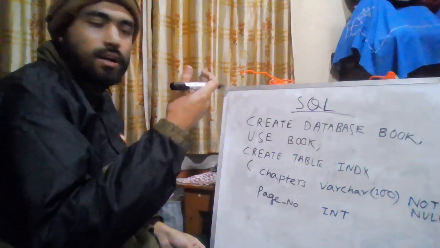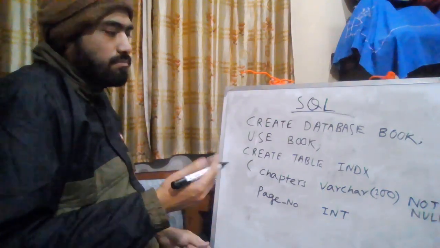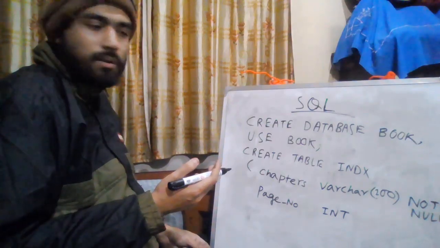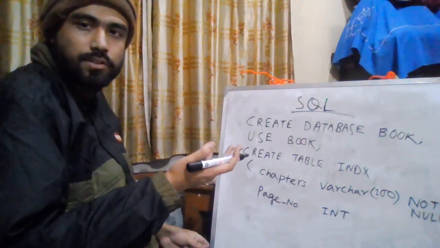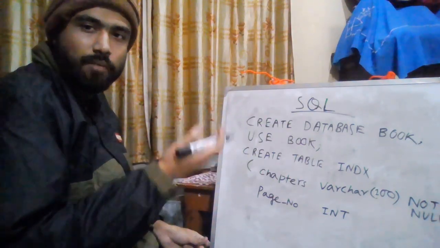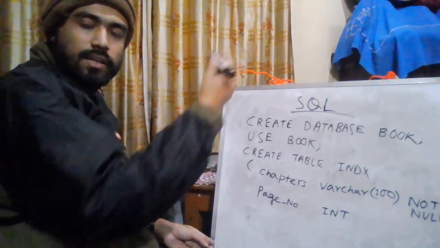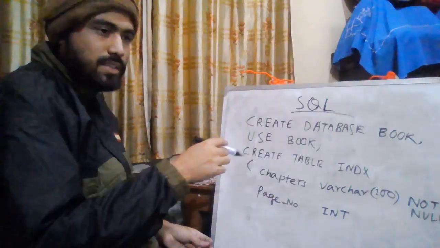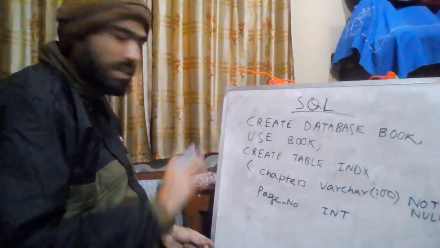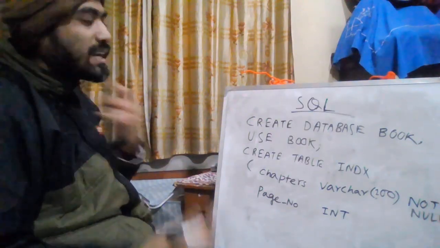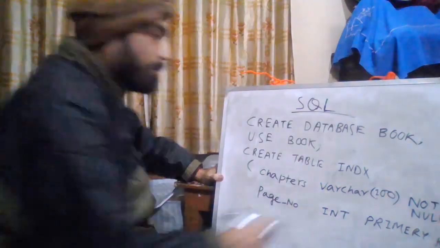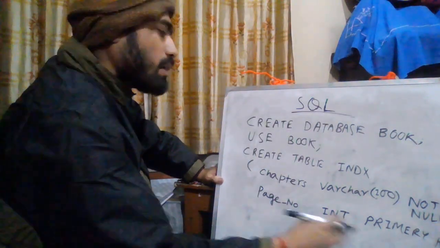Ideally it doesn't happen, but okay, maybe one chapter is half page long. It will start at the beginning of the page, and it will end at the middle of the page, and then another chapter will start. It can happen, but not ideally. So I am taking page number as primary key to show you. Now primary key. This is how you write primary key. So page number in primary key,